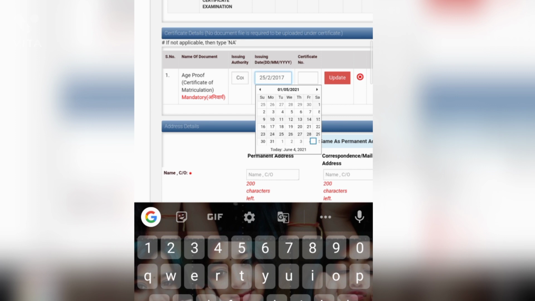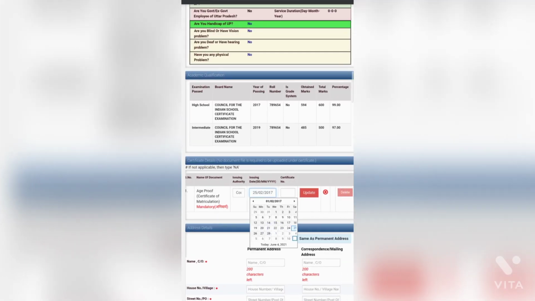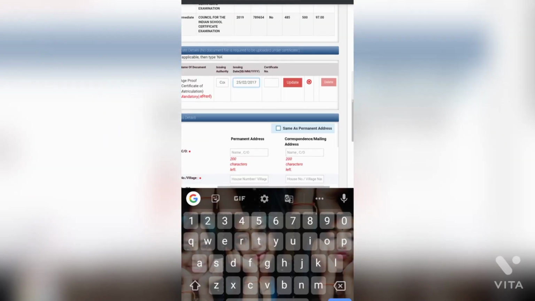Just enter it. 25. So you have to select the date here, 25. So it has been done.